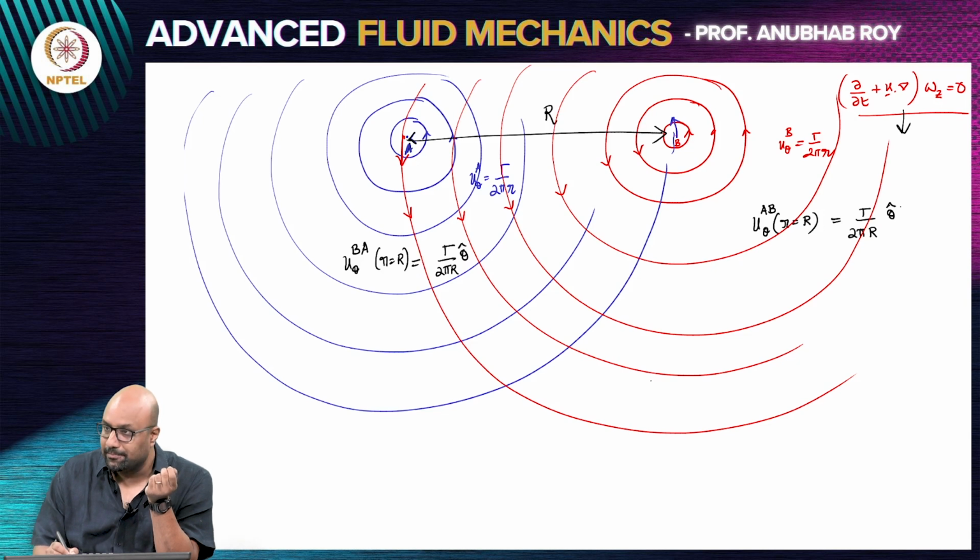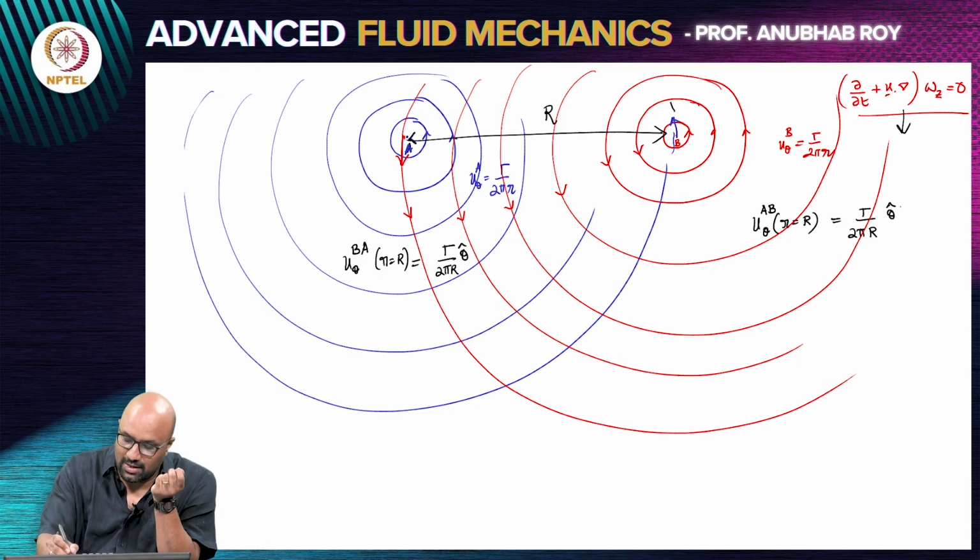The sense is the same. So now see what is happening. The vortex B basically tries to move in the anticlockwise sense. The vortex A also tries to move in the anticlockwise sense. So finally what you will observe when you have these two